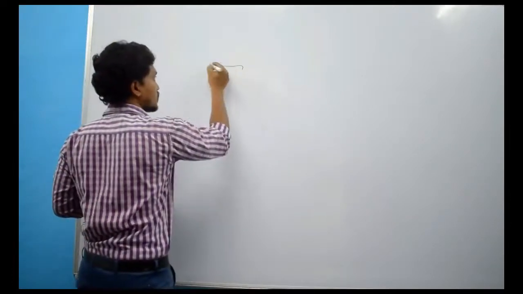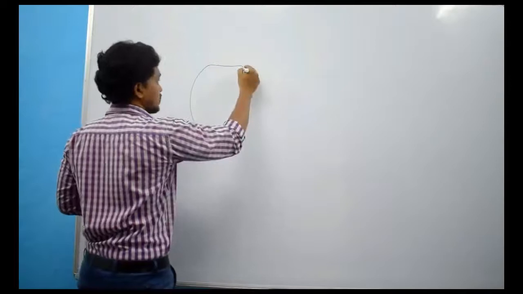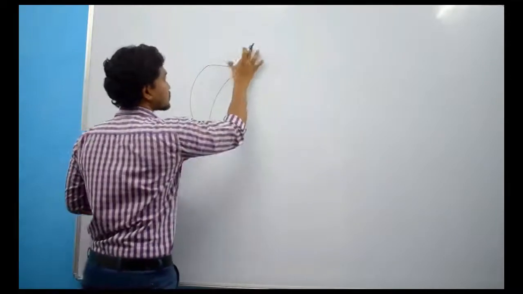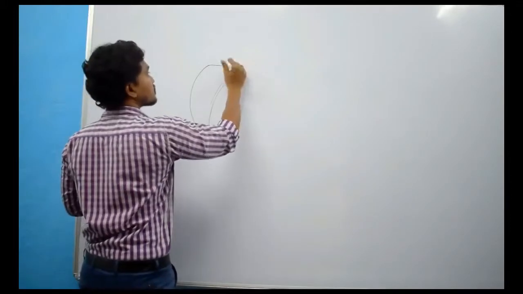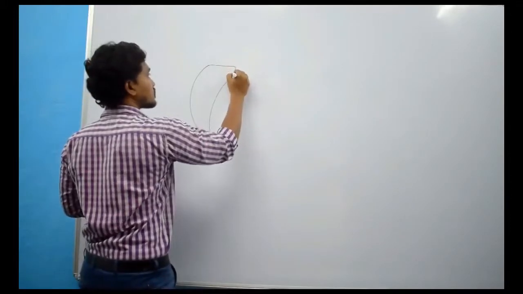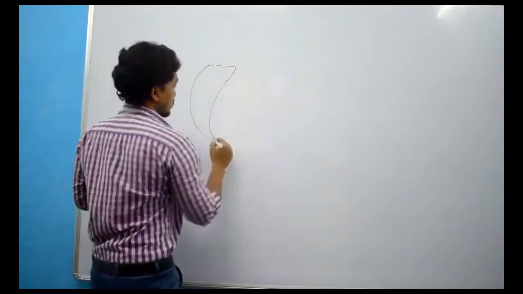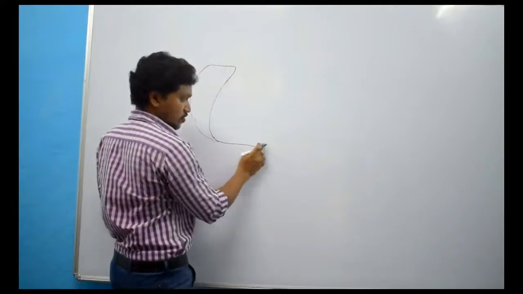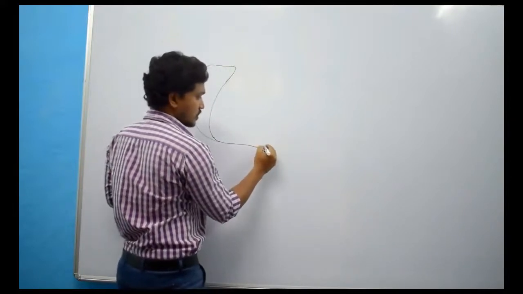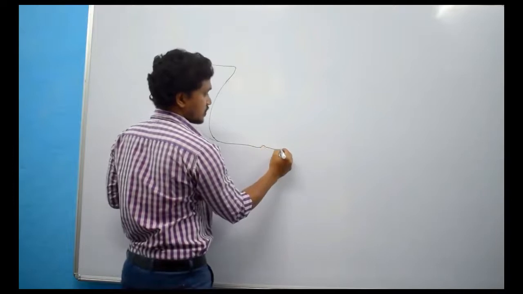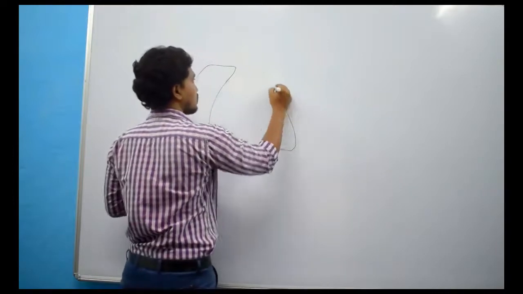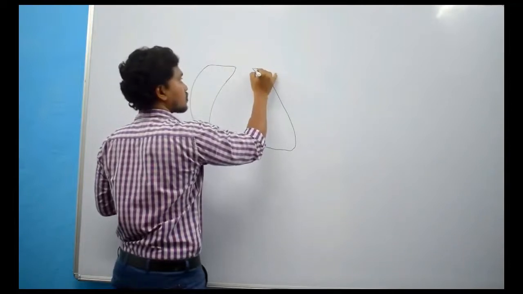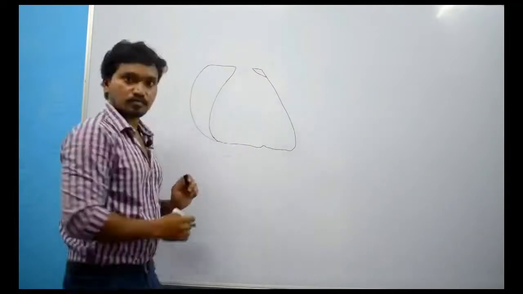So this is the right atrium with auricle. Then this is the inferior border. Here you can see one incision. What is this incision? Incisura apicis cordis, and here the apex of the heart. This is the apex of the heart, and here you can find one more ear-like projection. What is this? Auricle, right?